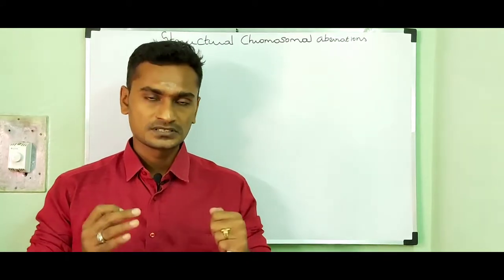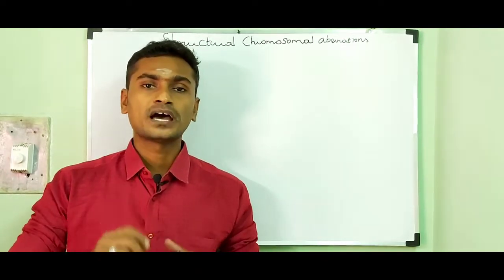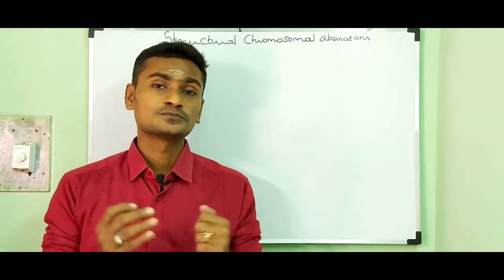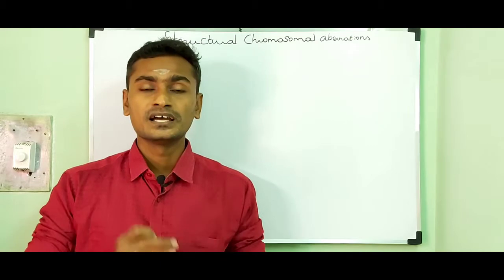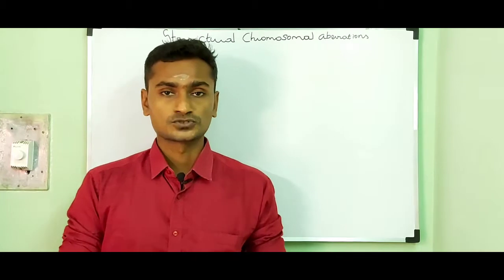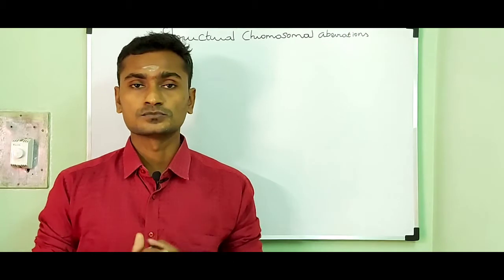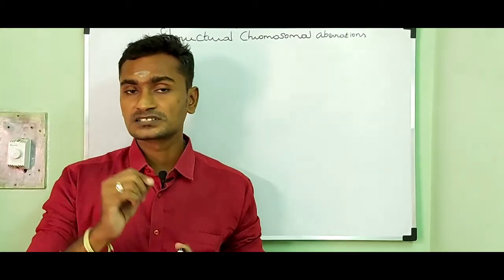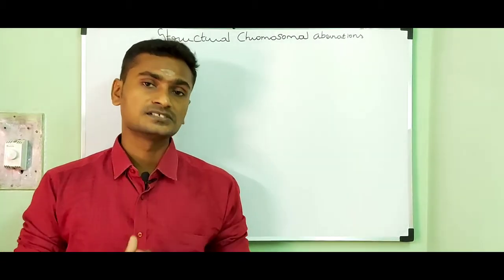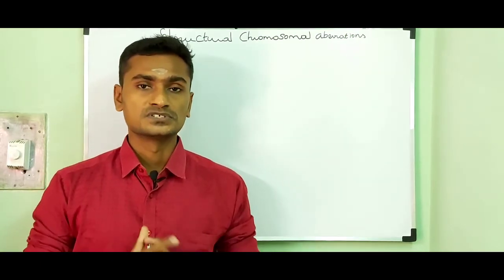In this video, we are going to discuss another type of mutation called structural chromosomal mutation or structural chromosomal aberration. In this condition, the mutation occurs in the chromosome and makes changes in the structure of the chromosome. The structural chromosomal variation may be caused by addition or deletion of a part of a chromosome. It results in the rearrangement of genes in the chromosome, and that condition is called structural chromosomal mutation or structural chromosomal aberration.